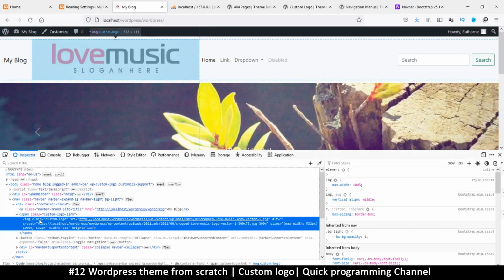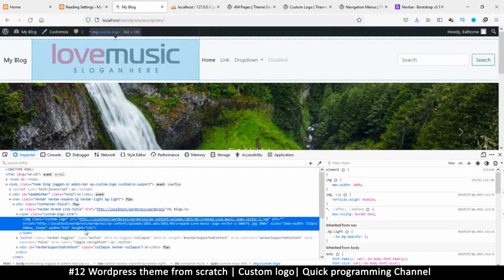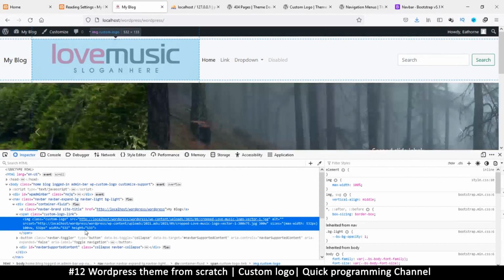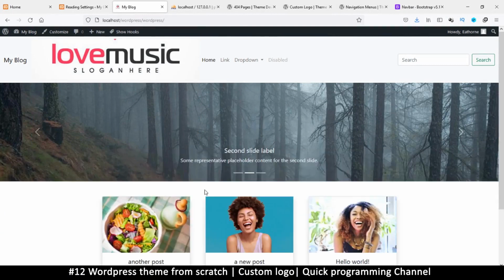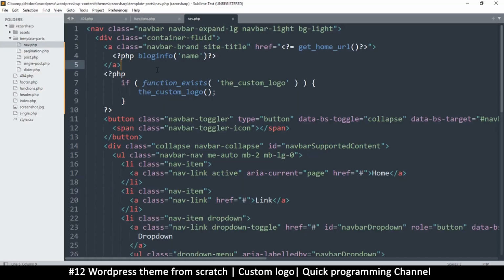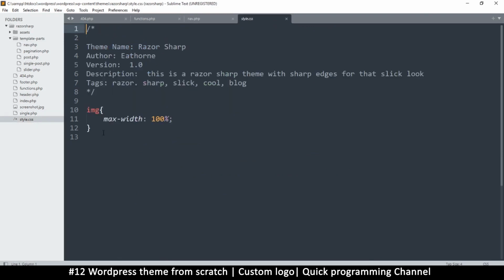So there's a class called custom logo here, and we can use that to determine how to display this. So let's go instead in our style.css, sorry, and I'm just going to do .custom-logo like this,